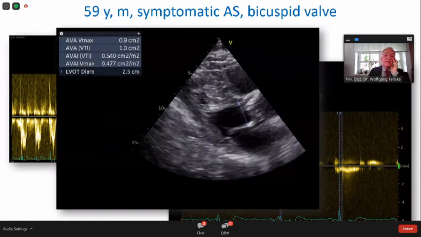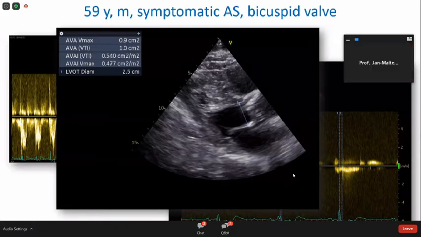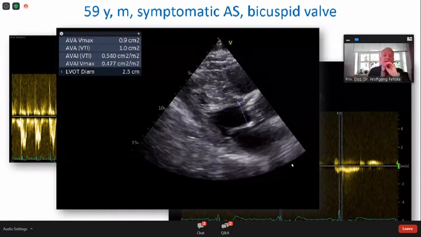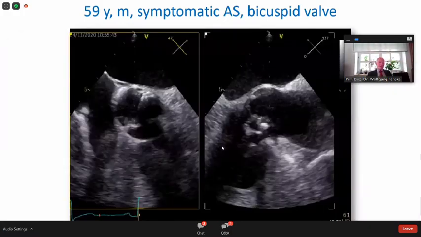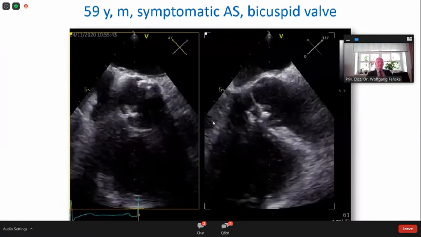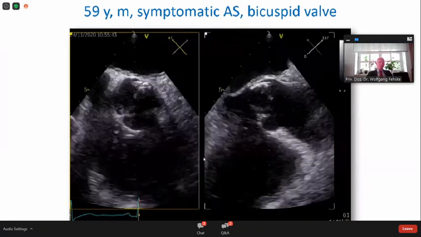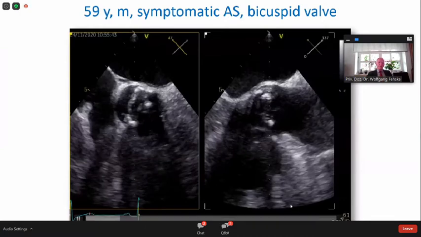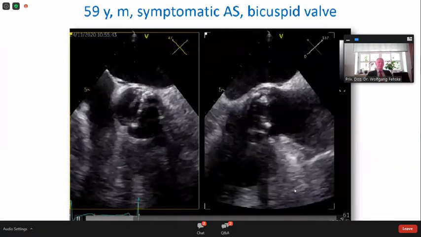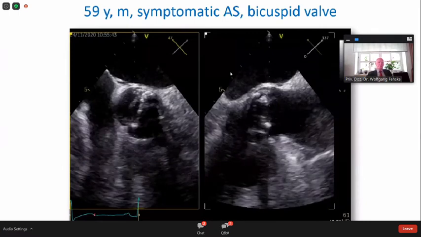In this specific case, we have a very broad diameter below the valve of 2.5 centimeters that results in 0.9 centimeters squared, which is just at the limit to be a severe stenosis. And this is my personal opinion: we prefer to do this in all these patients. If there is little uncertainty about the severity, we take it with 3D echocardiography or with X-plane, and we planimetry the valve, and this is the easiest and the best way of